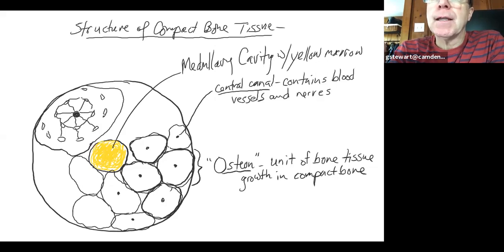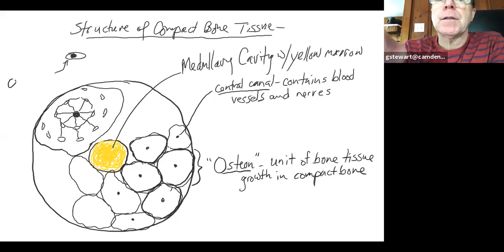These isolated caves or cavities have a living bone cell in them. So this would be an osteocyte, which is a living bone cell in a